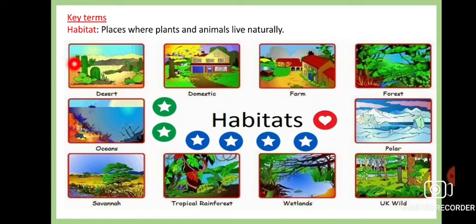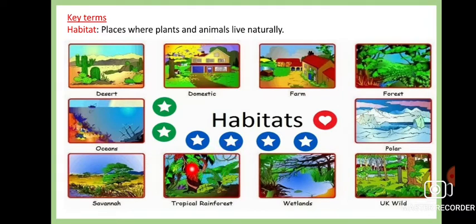See, this is the desert habitat, that is where the desert animals live. This is the domestic, normal habitat, where we live. This is the farm. See, everywhere there are different environments. And say this is the forest. Definitely this forest environment is not similar to that of the desert. Here you can also see the polar environment. Here also you can see the oceanic environment. The plants and animals are living in the ocean. And also this is the savanna or the grassland.